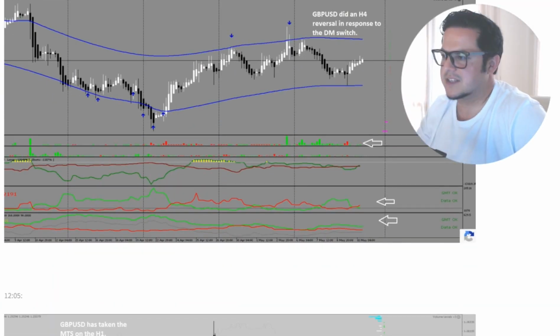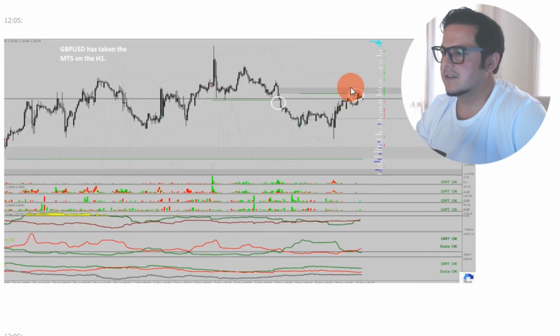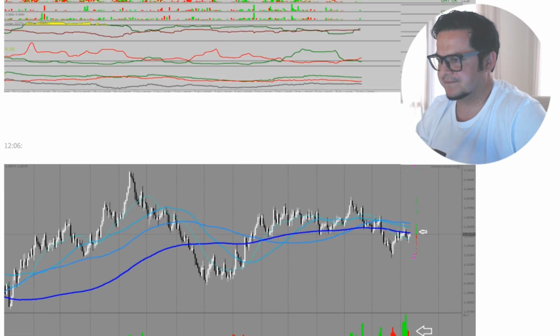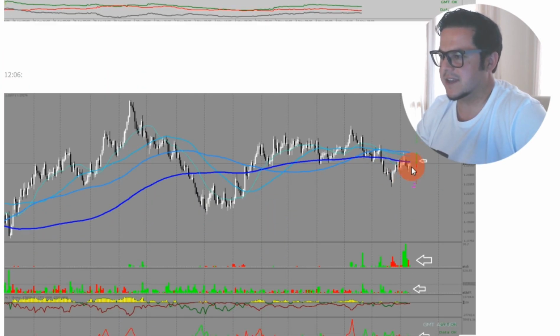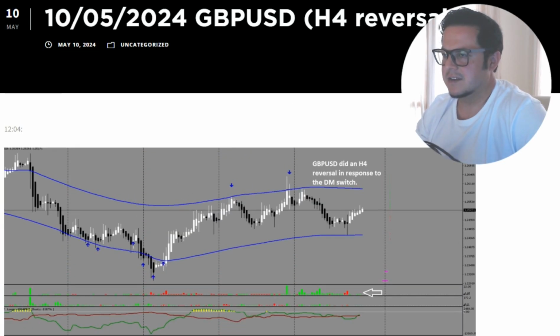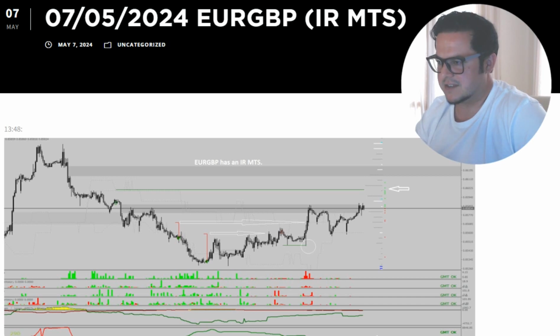And then we also had a dark money switch, so shorties coming in. And therefore, because the lows were cleared, we have a 4-hour reversal in pound dollar against those dark money shorties, and they took out the inner range MTS and order gap zone. So that was the golden combination, the golden combi. 4-hour reversal energy up against the shorties plus an inner range target on the 1-hour chart. And on the day chart, they even cleared the 200-day moving average. So you see, it all makes a lot of sense. Not difficult to trade that. In this scenario, pound dollar was a better choice because we had a nice inner range MTS.